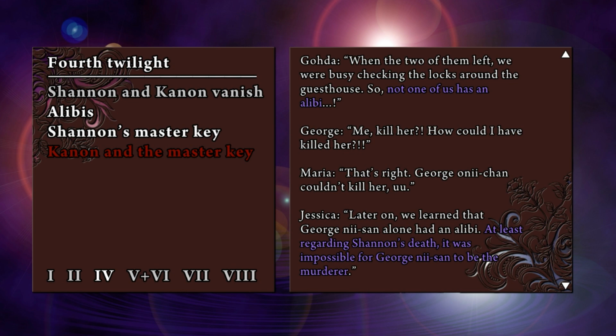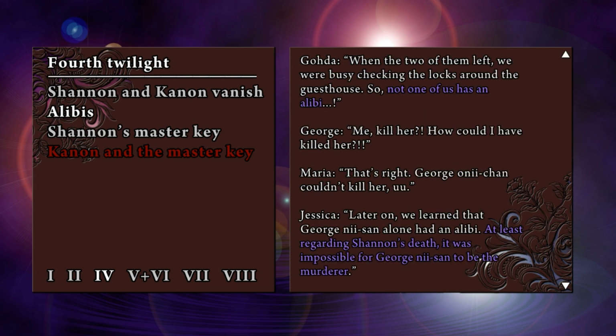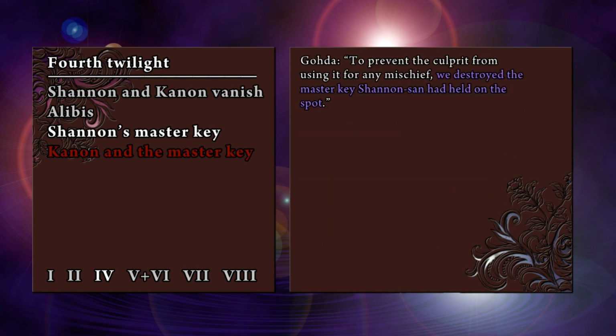Wait, hold on a second. Okay, so no one has an alibi. Okay, Jessica. Okay. Goda basically confirms, yet again, if we were to go with that logic, that Shannon